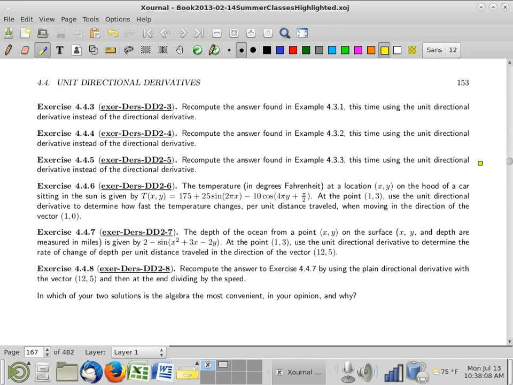Look for context clues, I suppose. Right? And if there's context clues, great. But beware of the possibility you might have to ask for clarification. Wait a minute, what do you mean in this case? Yeah? Would they call the non-unit version of the directional derivative something else? Like, is there another name? I have not seen one. I guess there's an answer I could give after a few more lectures forward. We'll see